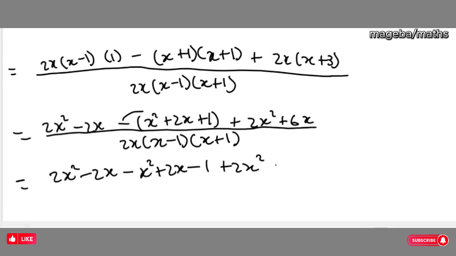Sorry guys, because this times this being negative and also this is negative. Okay, this is 6x all over 2x into x minus 1 into x plus 1